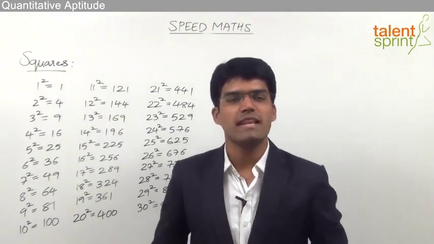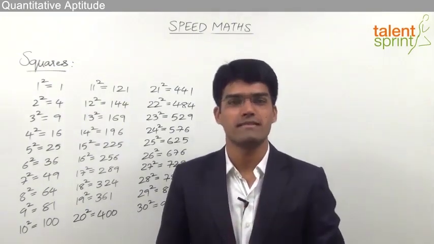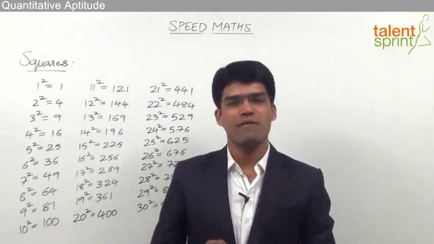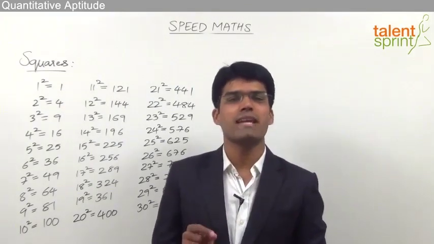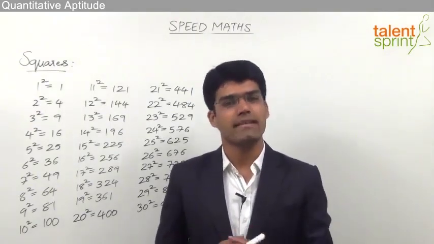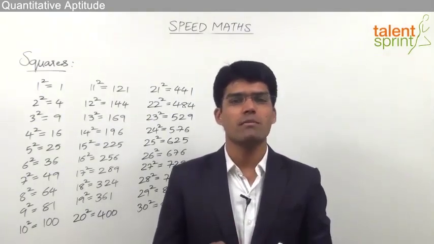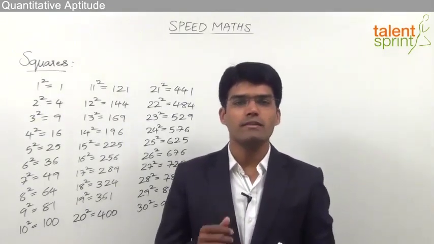Let us now move on to the next very important aspect of speed maths, which is finding of squares. We know that square of a number x is nothing but the number x multiplied with itself. So x squared is nothing but x into x. It is very important that we find out square of the given numbers very quickly to avoid wastage of time